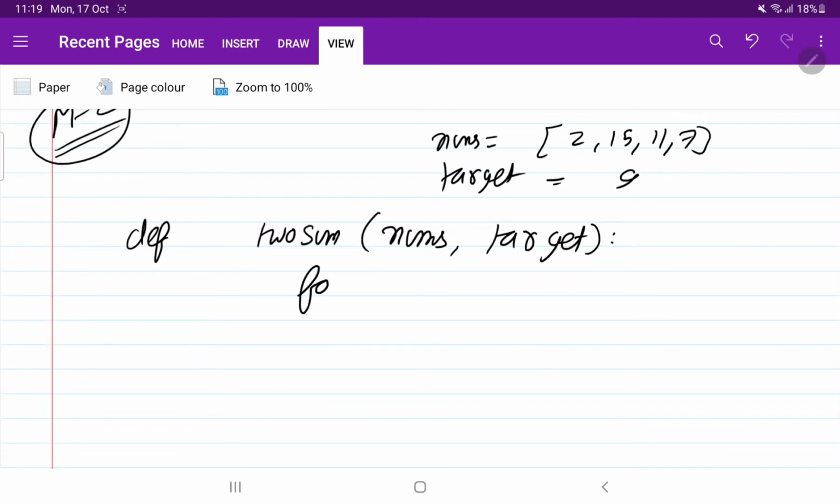I am going to use a for loop to traverse the entire array. So for i in range of length of nums, first of all I am going to select this element. So I have selected 2. If I have selected 2, what is the required sum now?